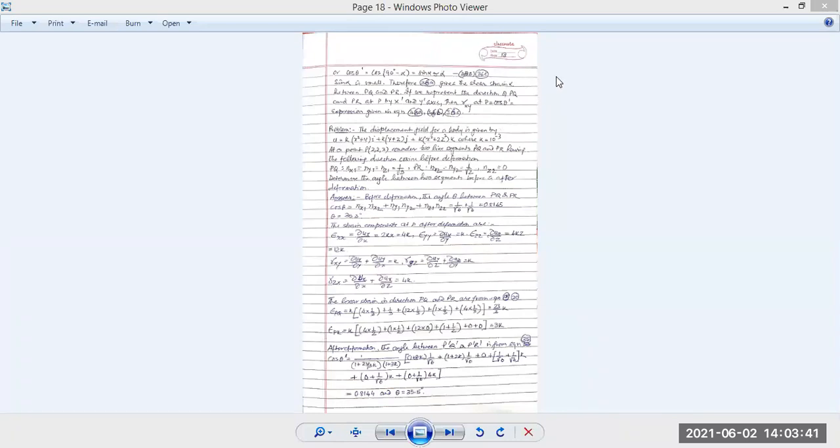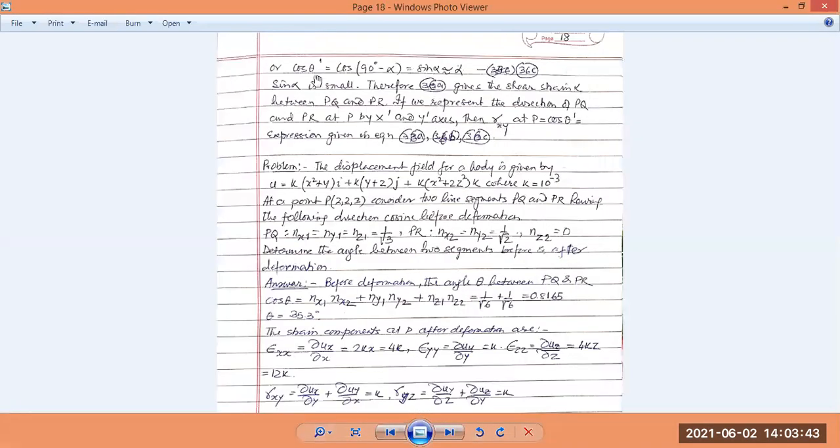Or cos theta dash is equal to cos of 90 degrees minus alpha, which is sin alpha, more or less equal to alpha, since alpha is extremely small. So this equation 36a gives the shear strain alpha between P and Q. If the representation of PQ and PR at P is by the x dash or y axis, then gamma x